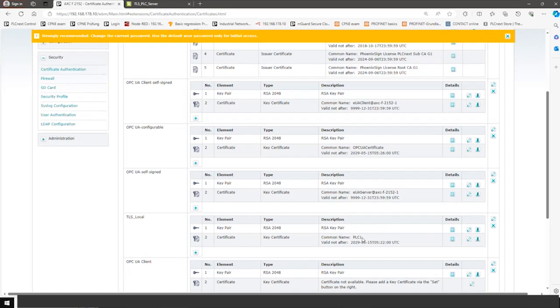Yeah. So what I also did here, I used my own self-signed certificates or the Phoenix self-signed certificates. Of course, you can really buy certificates from a trusted organization and also upload them here. It's just a matter of how secure you want to have, what kind of security level you need. But it's also possible to add more keys here.